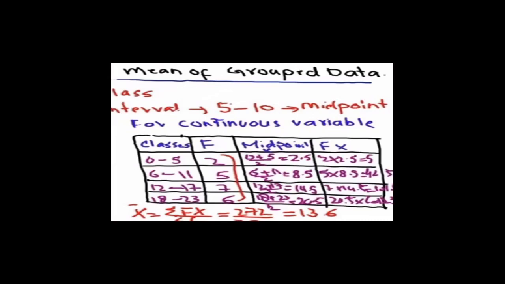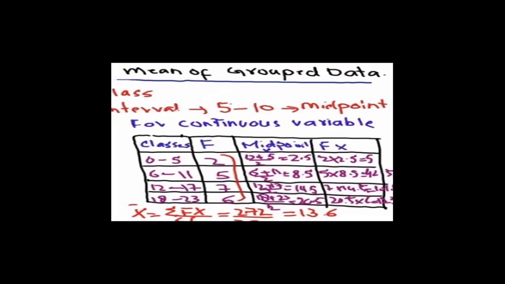Once we have calculated the mid values, we will treat them as x, and the next step is f into x. So we are going to multiply frequencies of individual classes into their midpoints in order to get fx of that particular class. After calculating fx, 2 into 2.5 is equal to 5, 5 into 8.5 is equal to 42